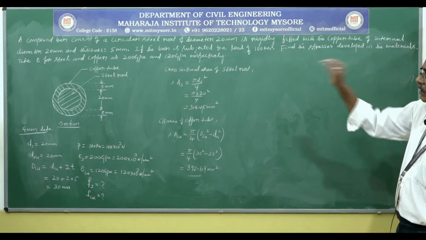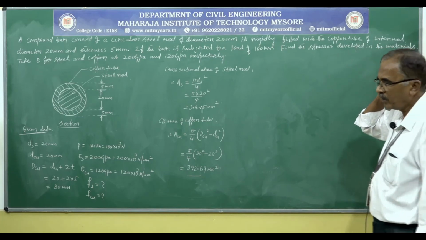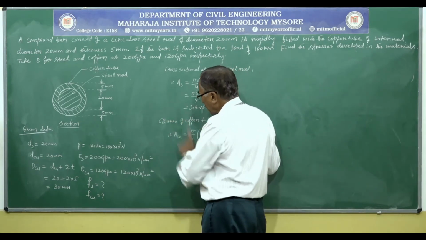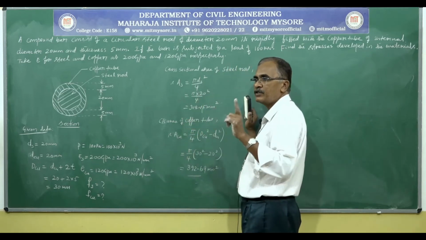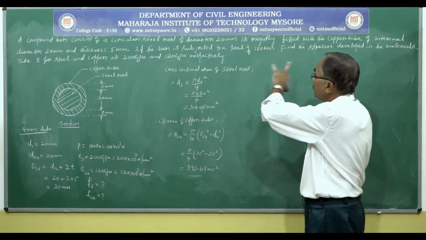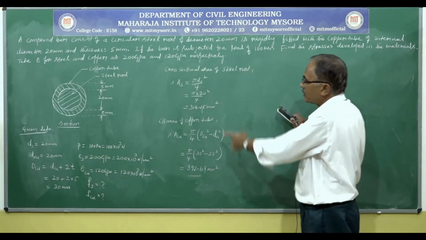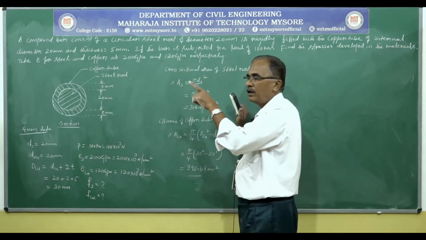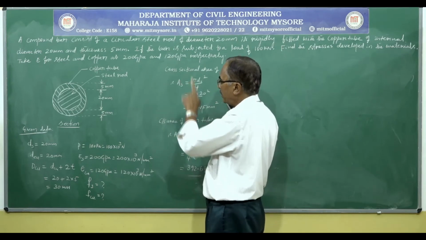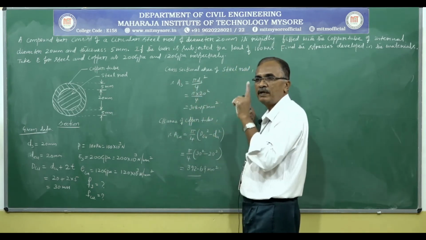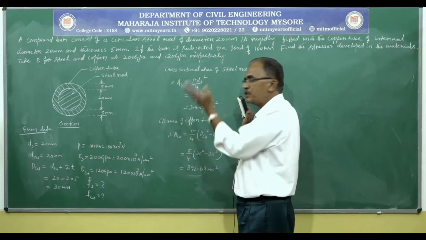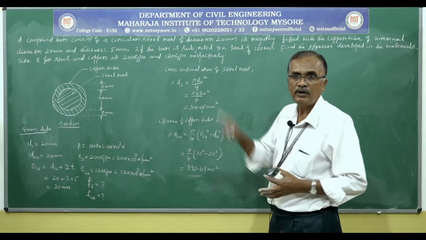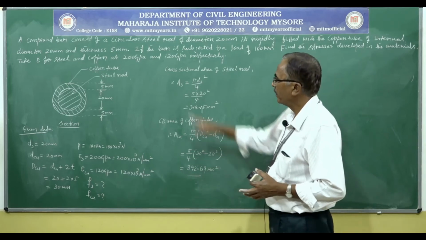Next, now let us use the concept of the compound bar or composite bar. After calculating cross sectional area, we should not calculate stresses induced directly. It is possible to calculate stresses directly as load divided by area, but that is not the stress in compound bar. Again it depends upon the load carried. First we have to decide the load carrying capacity. Based on that compatibility condition, we have to calculate the stresses induced. We have to use compulsorily the compound bar concept.